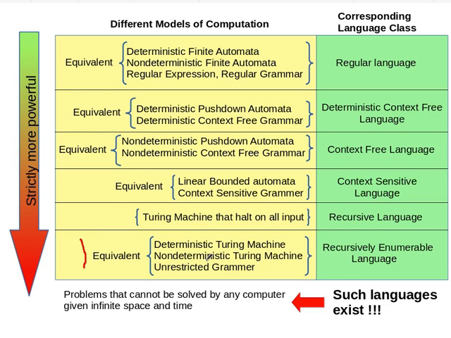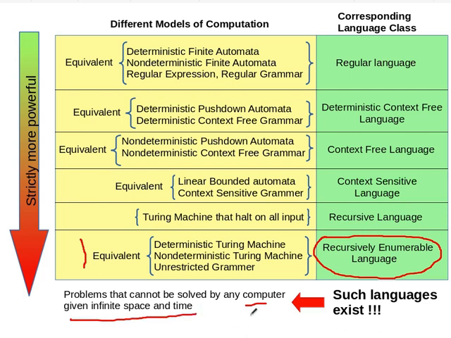Now there are languages outside even this, right? Even outside it. And what does that mean? That if there is something outside this, that means it cannot be solved using a Turing machine. That means it cannot be solved using any computer. No matter what computer, even if you give it infinite space and time.